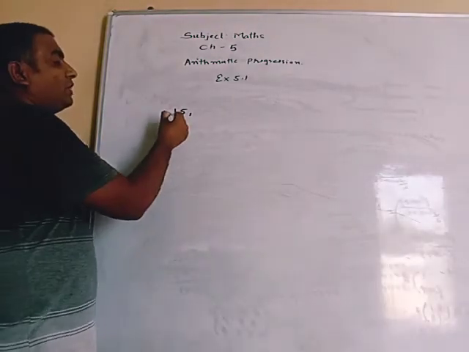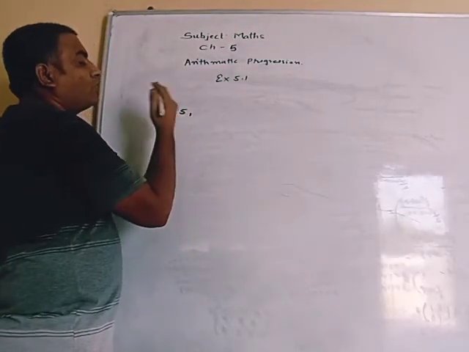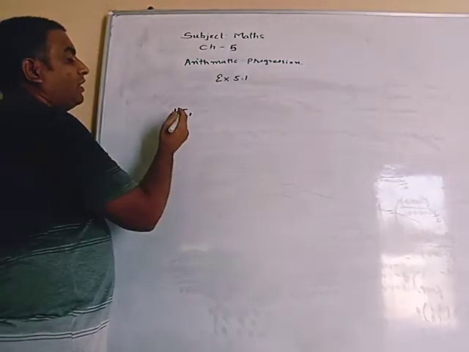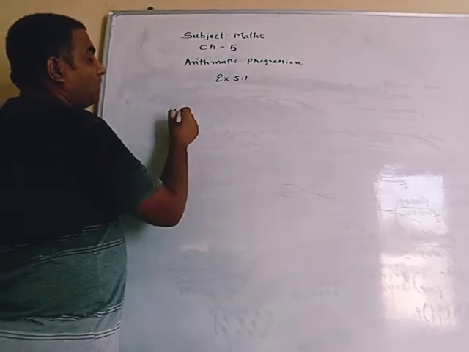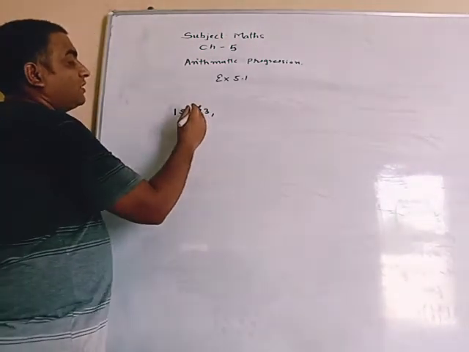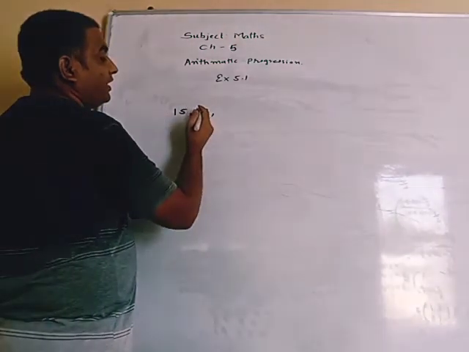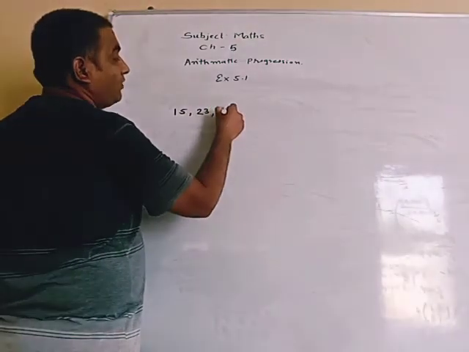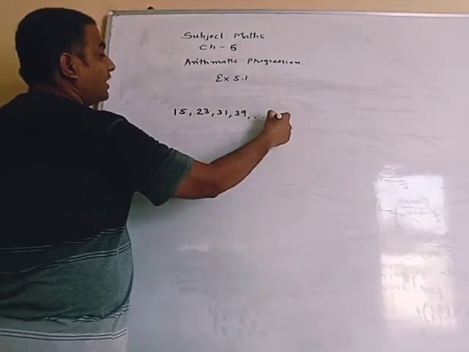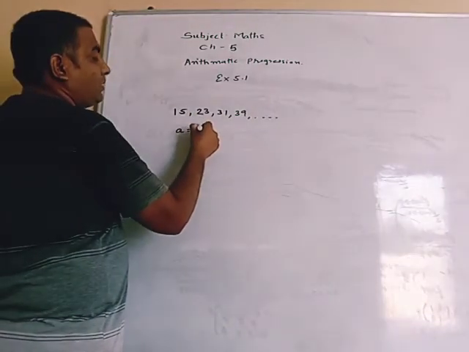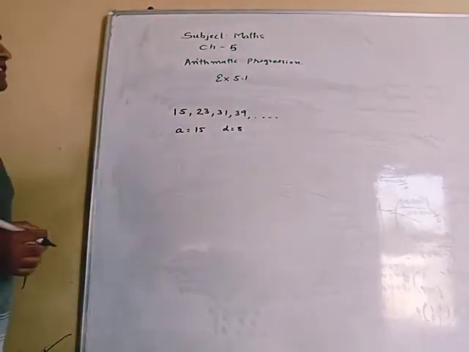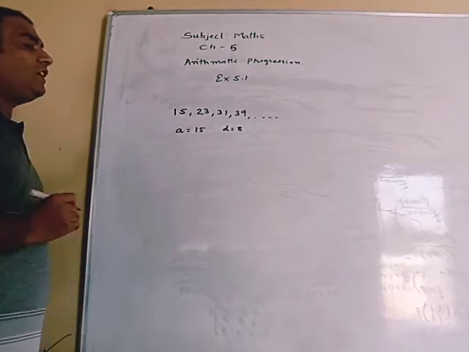So if we travel only 1 kilometer, then we have to pay ₹15, but if we want to travel more than 1 kilometer, then for each kilometer it will increase by ₹8. So for 2 kilometers it will be 15 plus 8, 23. Then for the third kilometer, 23 plus 8 is 31. 31 plus 8 is 39. So here you can see that the terms we are getting have first term 15 and common difference d equals 8, and so the common difference is equal. So the first situation is an AP.